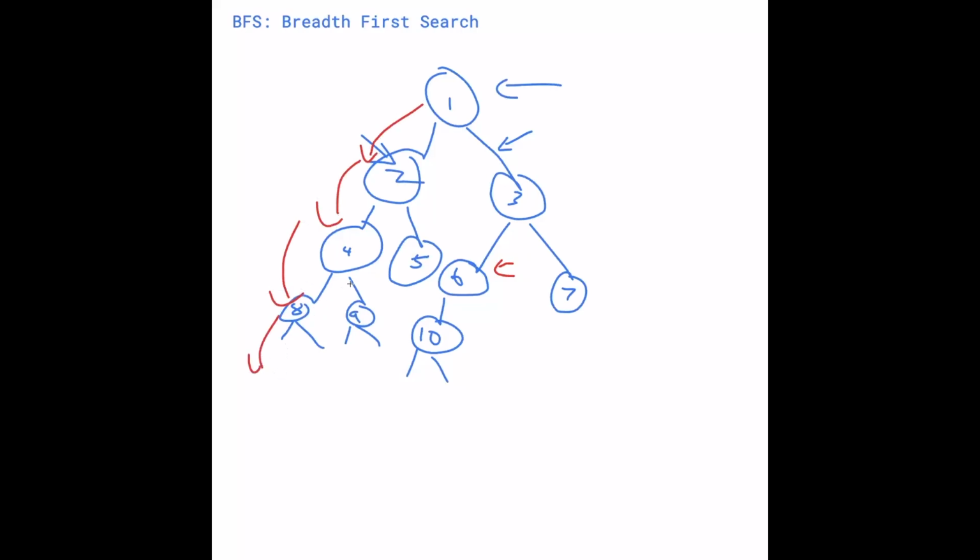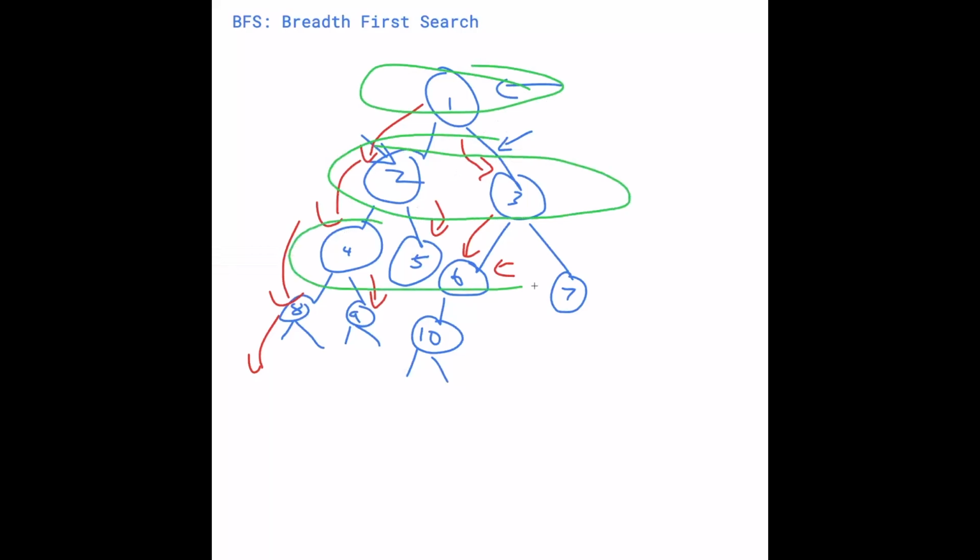We have to come back up and then check here, then check here, then go here, and then we reach level 6. So you see how it's not really efficient when we could have just gone to this level. We could just end it here because the node we're looking for is only on the 3rd level. So what breadth first search does is it first looks at this level, and then it looks at this level, so 2 and 3, 6 is not present, and then it searches here, and obviously 6 is present,